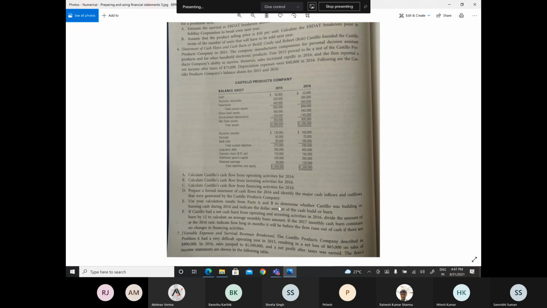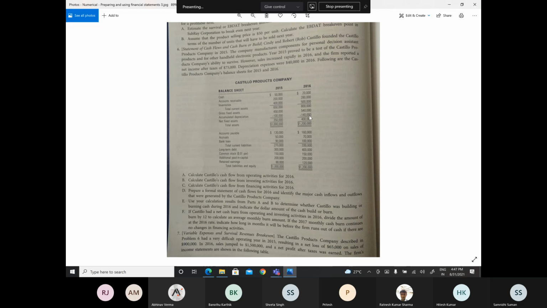Depreciation expenses were $40,000 in 2016. Following are the Castillo Products Company's balance sheet for 2015 and 2016. So, two years of balance sheet are given. Cash in 2015 was $50,000 and $20,000 in 2016. Accounts receivables were $200,000 in 2015 and $280,000 in 2016. Inventories were $400,000 in 2015 and $500,000 in 2016,